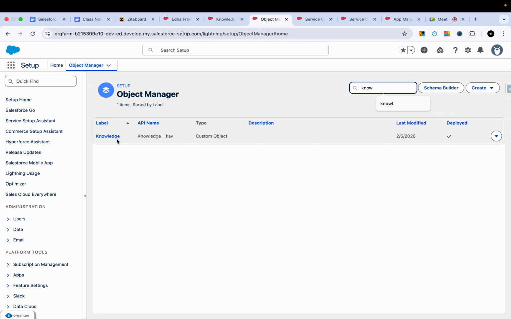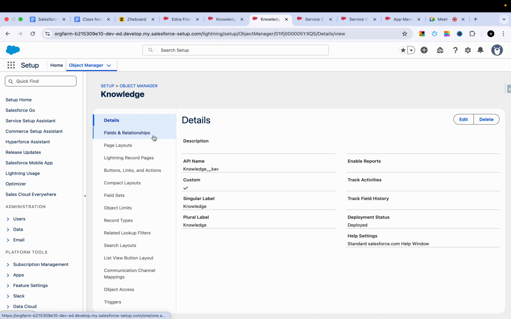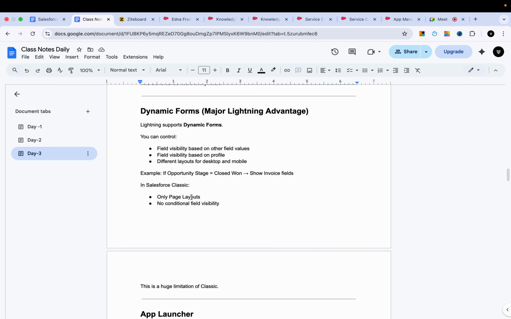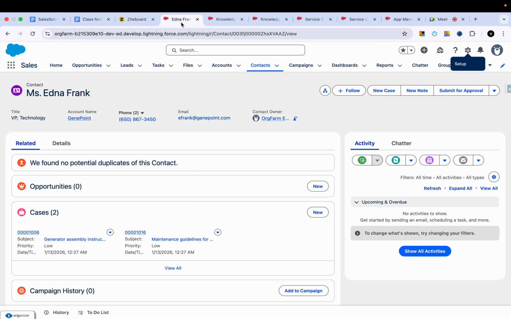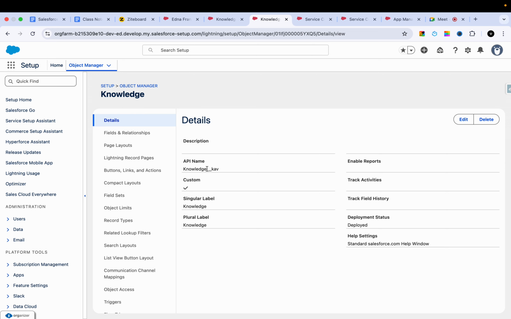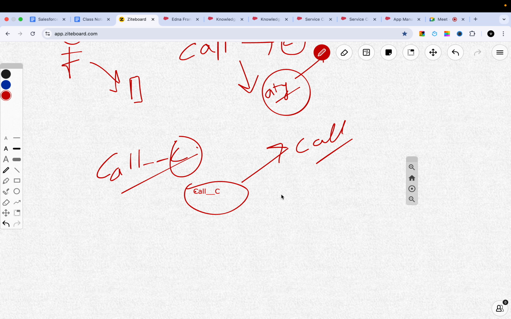In Salesforce, knowledge stores the help articles, and it is used in Service Cloud basically. So we won't discuss this much, but my point is that for custom objects we see underscore underscore c. For the knowledge articles you will see the postfix underscore underscore kav. The same way, for relations between two objects, we call them